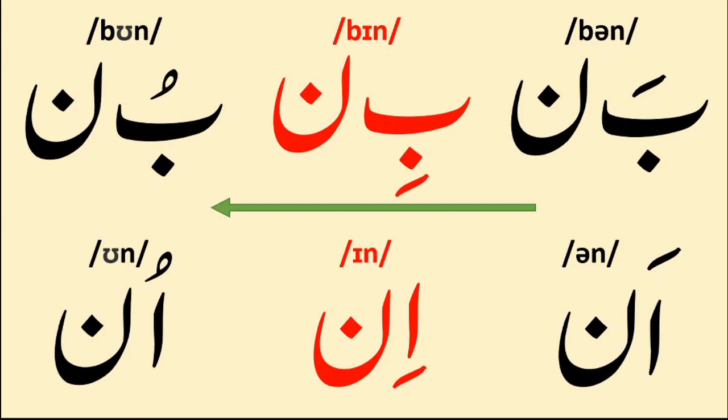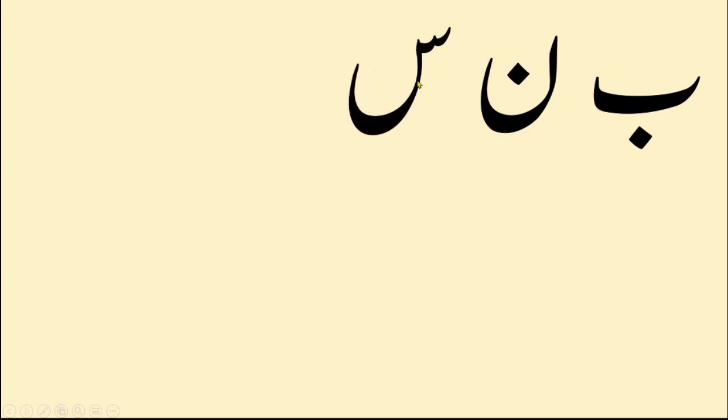Okay? Now, let's move on. Today we have learned this letter, be. Remember the boat shape, a boat and a dot underneath. We have learned noon, n sound. We have learned seen, s sound. And remember, not sh, not j, not z, only s sound. Right? We have learned jim, j sound, not g sound, just j sound. And then we learned about alif in detail.